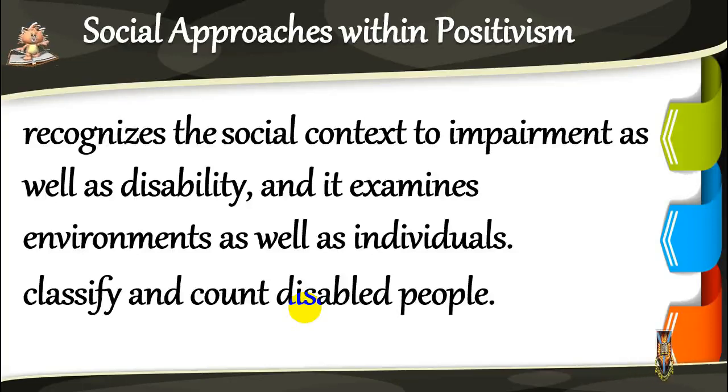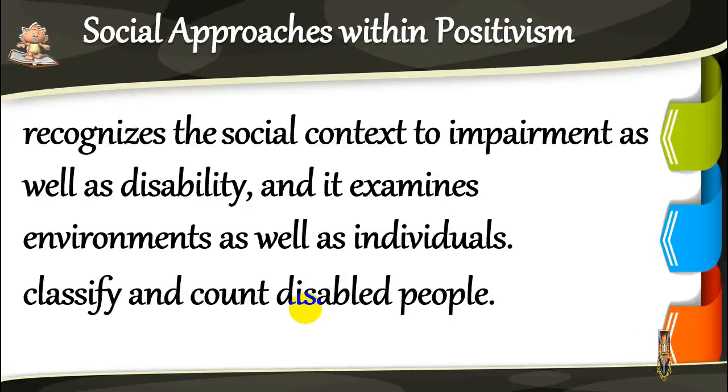Social approaches to disability within positivism classify and count disabled people. Although some support this work, others question the accuracy of the data and say that they yield few significant changes for disabled people. Recent research attempting to combine theories and scientific measures of the extent of disabling barriers with disabled people's own experiences of the extent and nature of those barriers involves disabled people in designing, collecting, and analyzing the data. Its success remains to be seen.